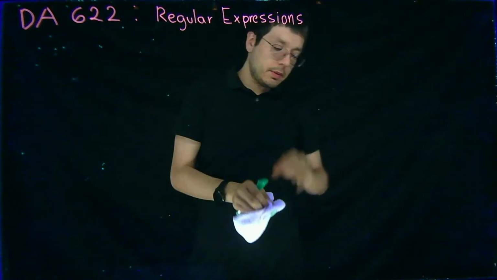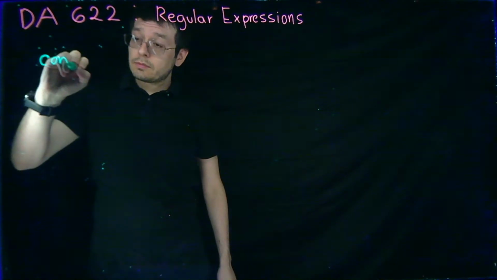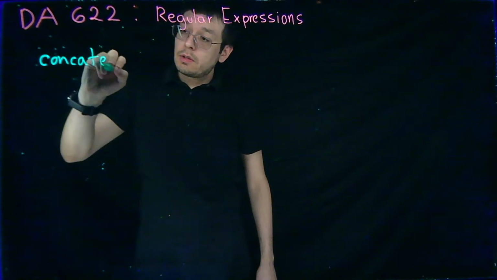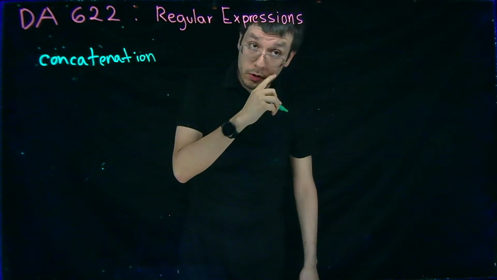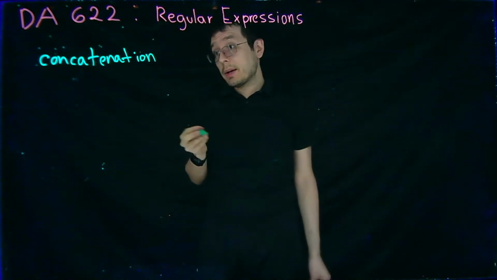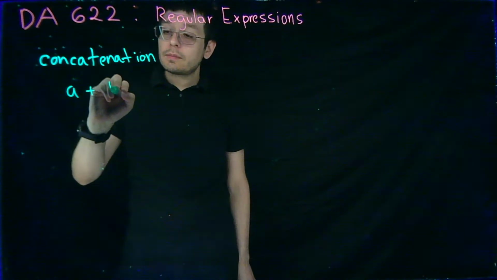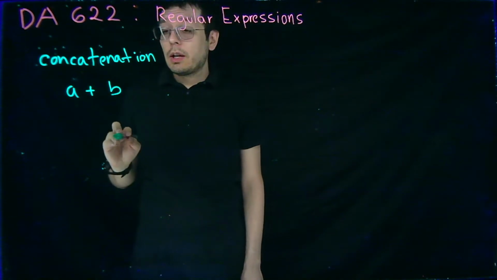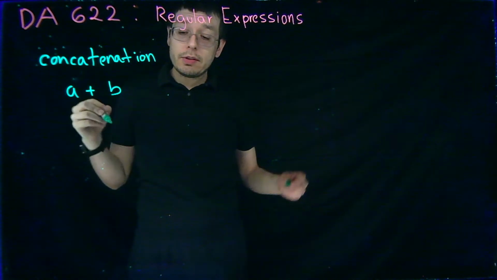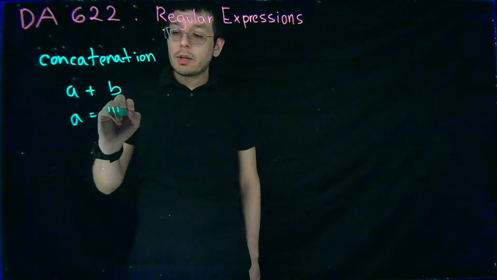And that concept is the concept of concatenation. What is concatenation? You all know, but I'm just going to repeat it anyways, right? So if we have two strings, you'll see typically the plus sign in Python used for this. That means that we're basically taking both strings and gluing them together. So if A contained the word hello